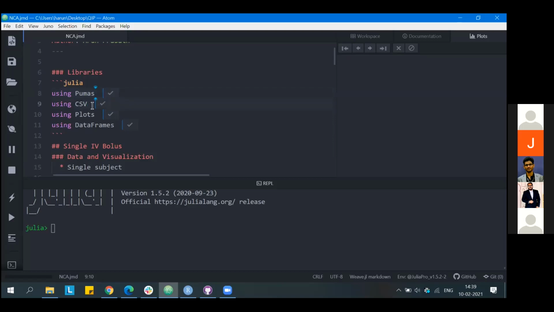To visualize the data, we'll use a package called Plots. And to perform operations on a basic data structure, we'll use the DataFrames package. So the first step would be to call all of these necessary libraries by the command using Pumas.